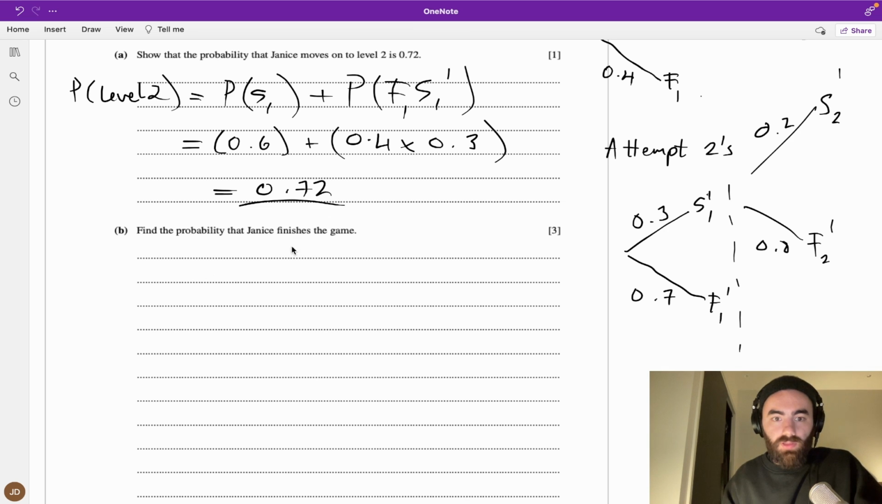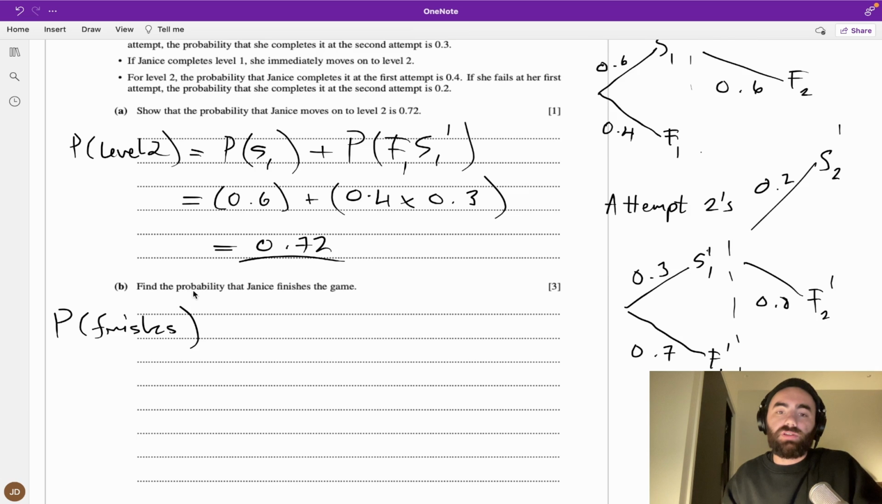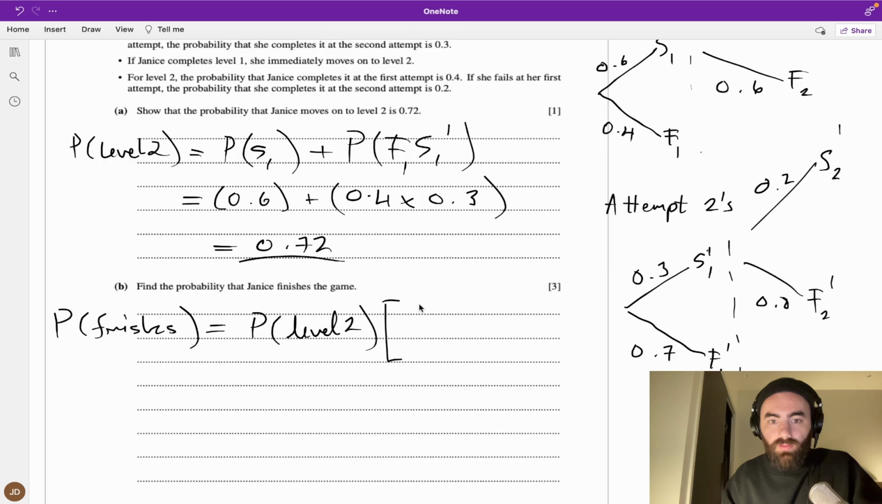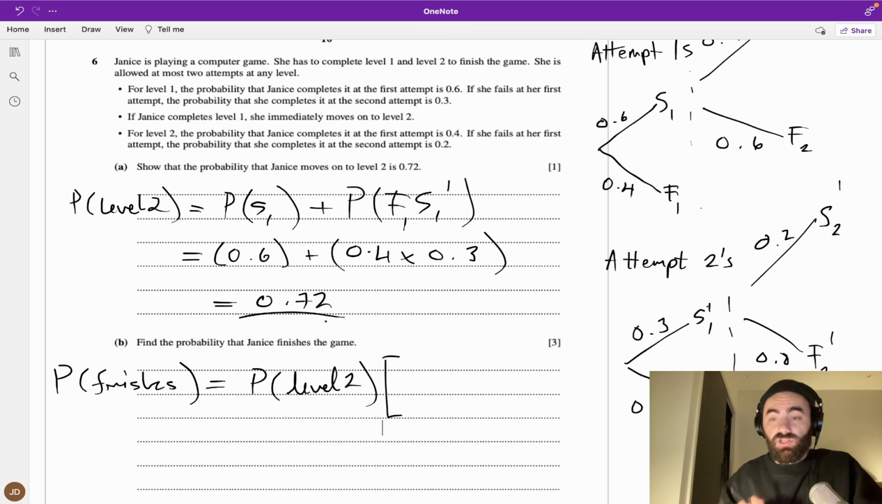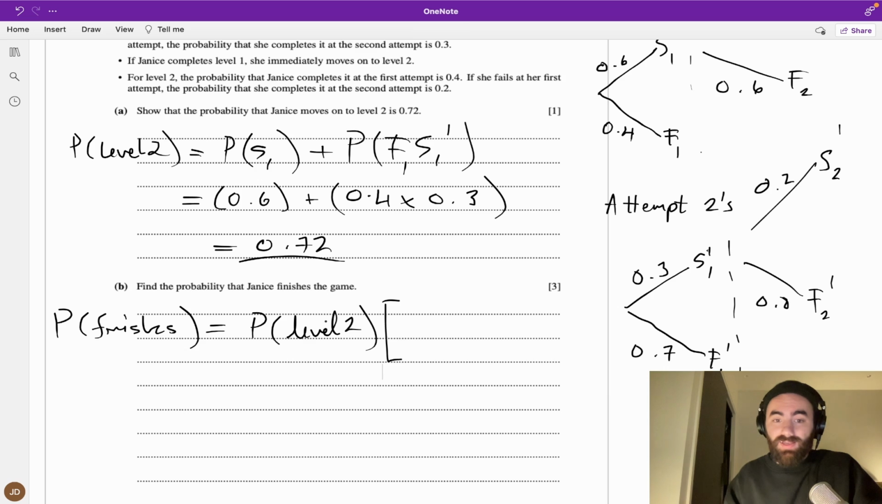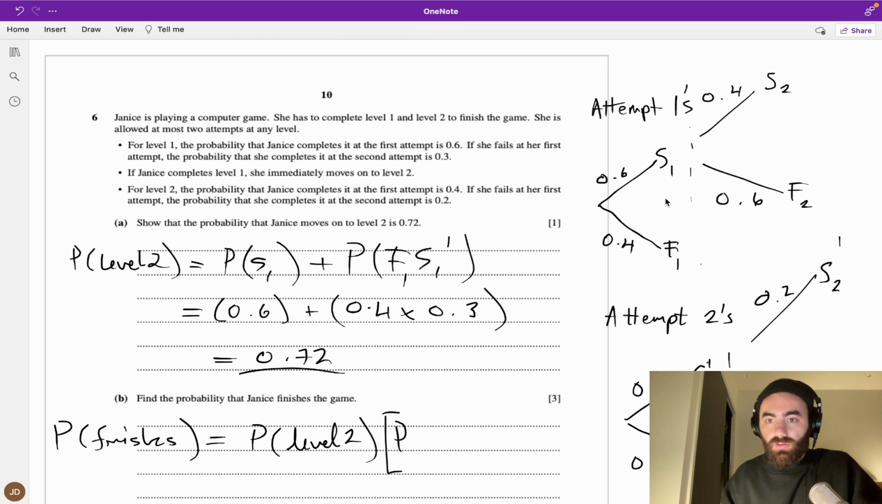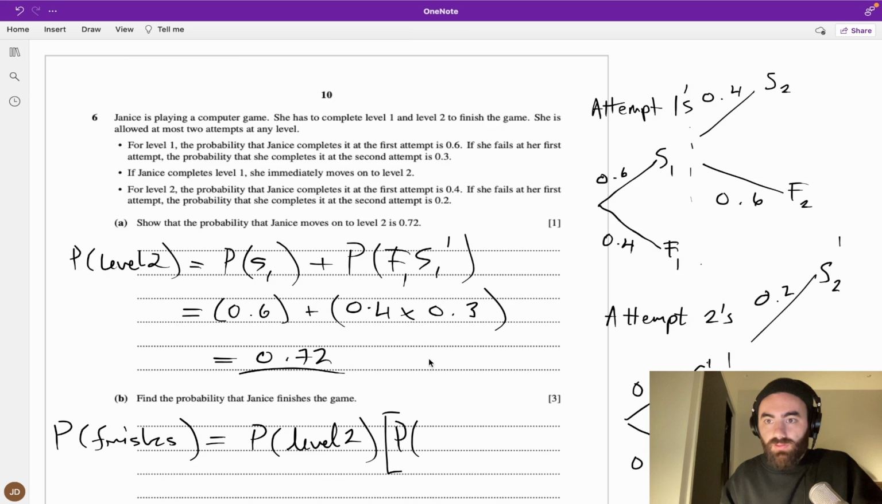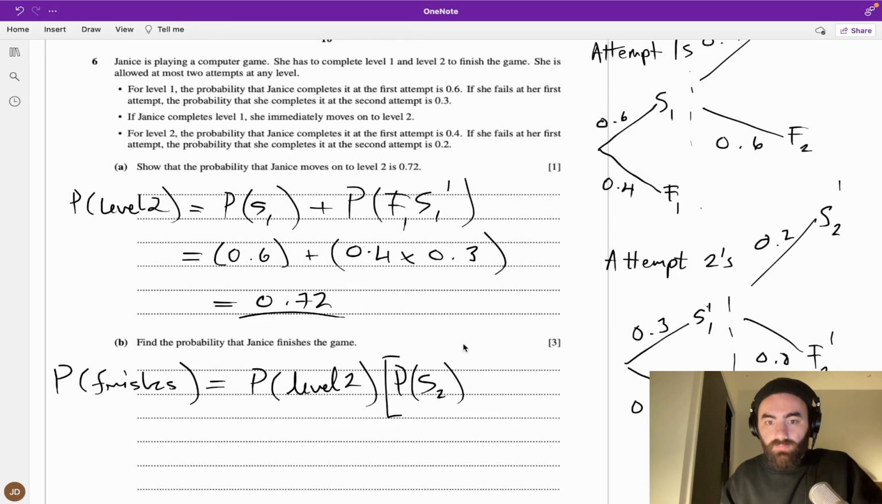Okay, find the probability that she finishes the game. We have the probability that she gets to level 2, and the probability that she finishes the game will be the probability that she gets to level 2 multiplied by the probability that she succeeds level 2 on her first or second attempt. So if she succeeds on her first attempt, well, this is just 0.4. So this would be S2 plus the probability of